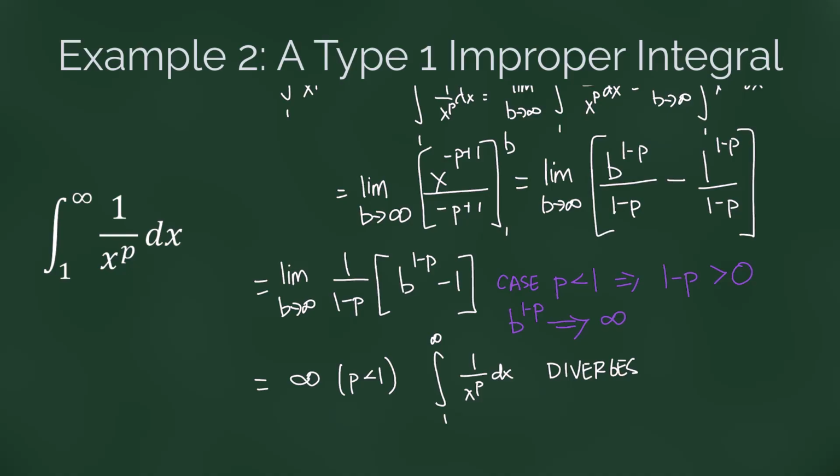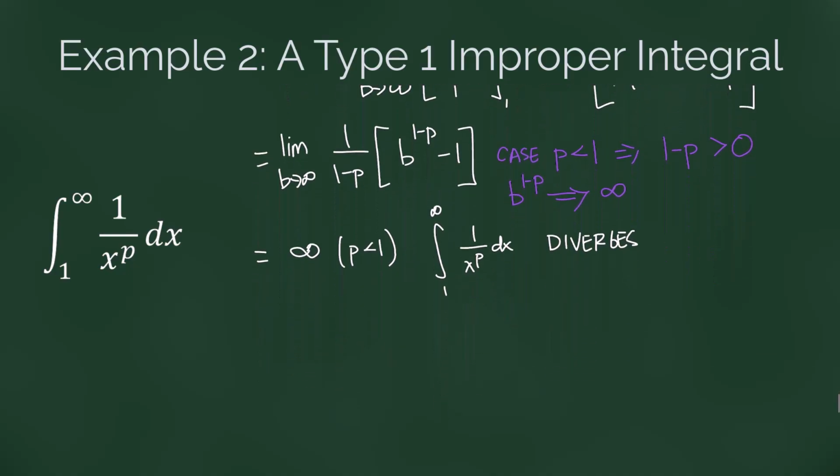We're still in the case where p is not equal to 1, but we have a second case we could consider, case 2, where p is bigger than 1. In that case, 1 minus p is a negative number. And when that happens, b raised to a negative power, as b gets larger, is going to get smaller and smaller and smaller and is going to go to 0. So we're going to see here that then we have the limit